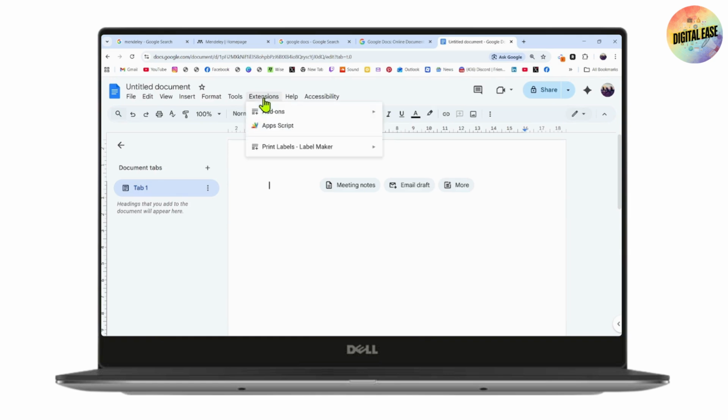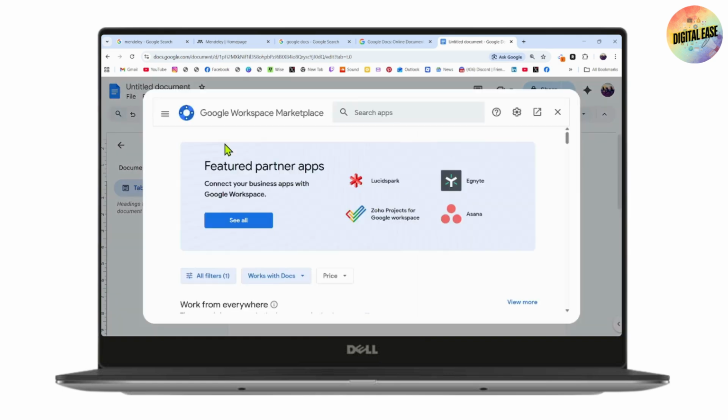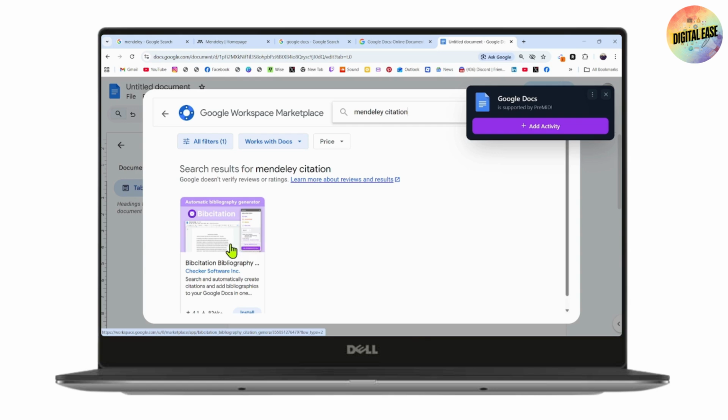Once you're there, you need to go with extensions and then go with add-ons, and then click on get add-ons. Once you click on get, now here you need to go with search, and under search, you need to search for Mendeley Citation. After searching, you'll find the option, but don't worry because there is another option for you by using your Microsoft